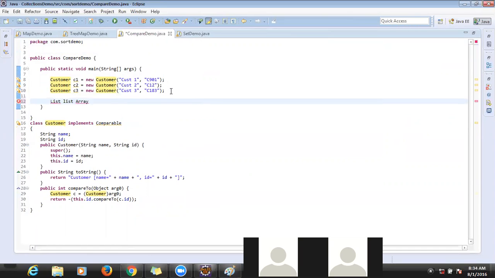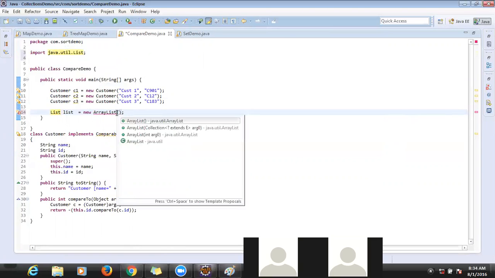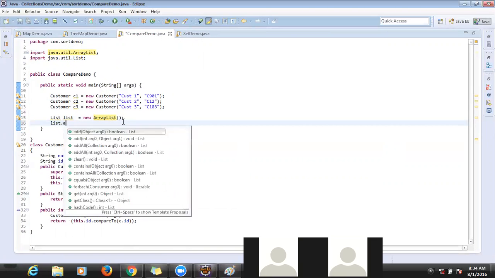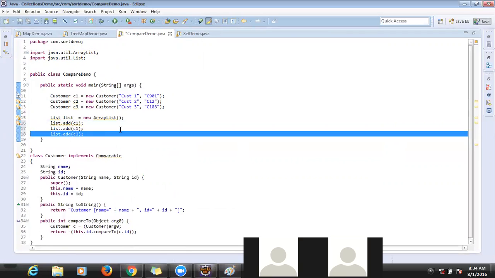Now I want to add these elements into a list. So I created an array list object. Let me import it. This is simple, right? Now I want to add these objects to my array list.